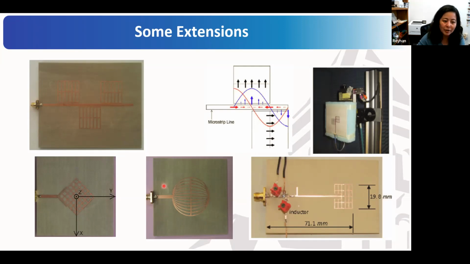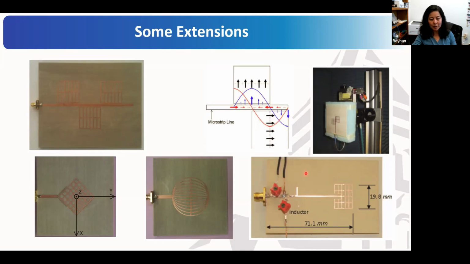And this one right here, this circular shaped one, is transparent and it suppresses higher harmonics. So it's kind of like a spatial filter. If you integrate something like this, or this one also suppresses higher harmonics, with a transistor to design a power amplifier, then you can suppress the higher harmonics for the amplifier. So the amplifier does not amplify the second harmonic,